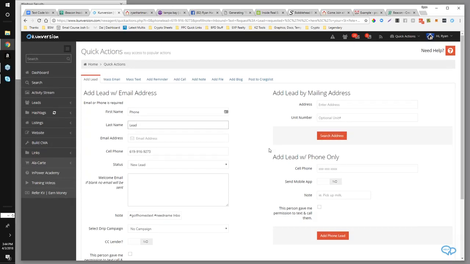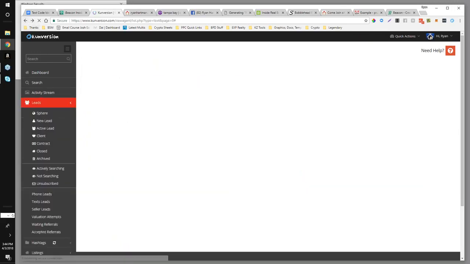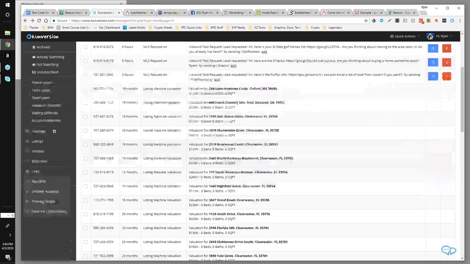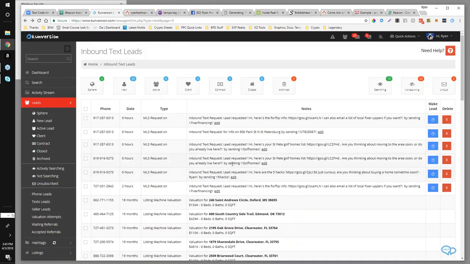Well, and if you go back a screen, you can actually click into the note area. You can actually do it with phone only, Annalisa. Yes. And send the mobile app. Cool. Right, go back. If you go back to the text leads section, you can actually click into those boxes where it says notes and update your notes. So if you just click into that notes section on like the first one,